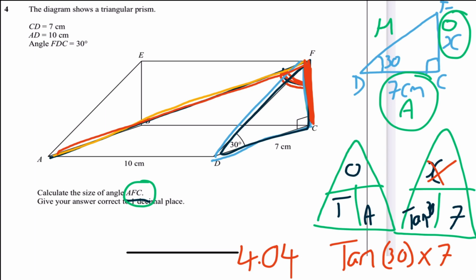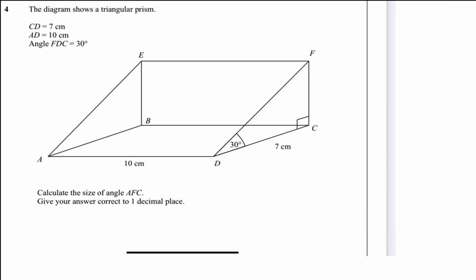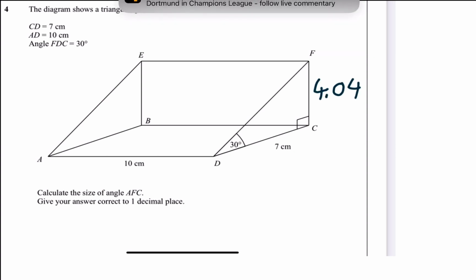I'm going to clear the ink now. So can you see what I'm doing? I'm drawing a triangle separately to answer the first bit of the question. So this here is 4.04. You can round it, I've done it to a few decimal places, or you can keep the entire long number. The next thing I'm going to do now is use the line AC